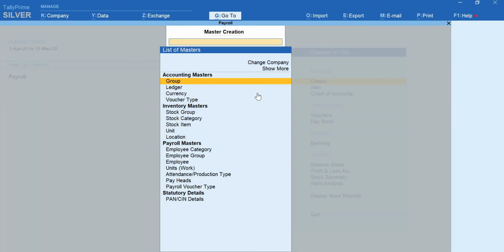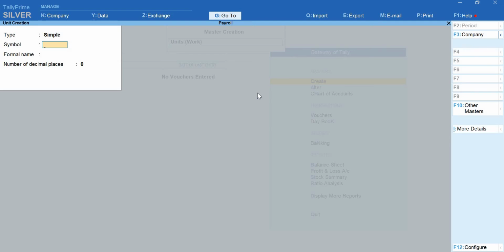Go for create and we'll again get back to payroll masters option to continue the work. Have to create the units of work. Usually the work is measured on the basis of days worked by an employee, or a month's work by an employee, or a year, based on the payment of salary. Or if the employee is working on a freelancing basis, it consists of hours. So depending on the calculation of your salary, you have to prepare the units.